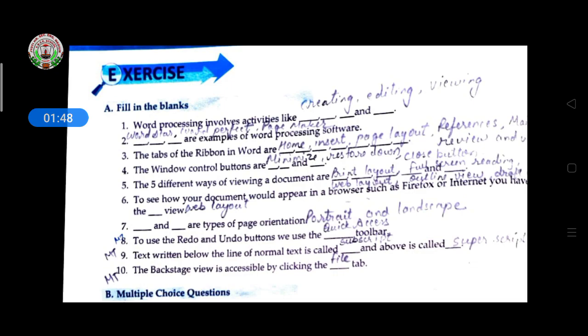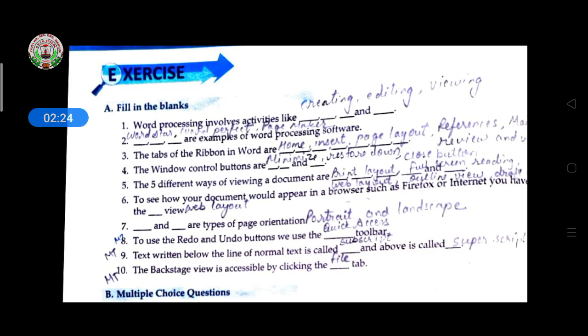Home, Insert, Page Layout, Reference, Mailing, Review and View. Then the window control buttons are minimize, restore down, and close button.